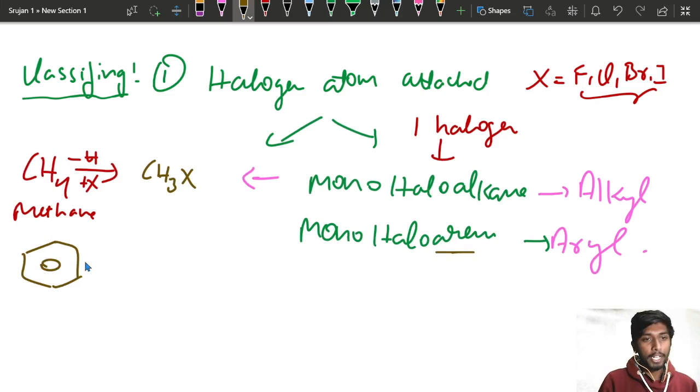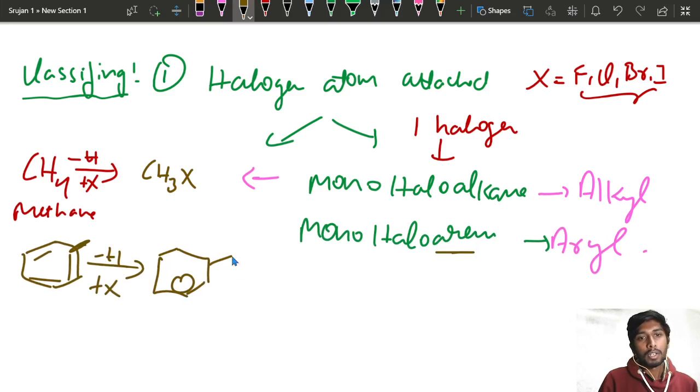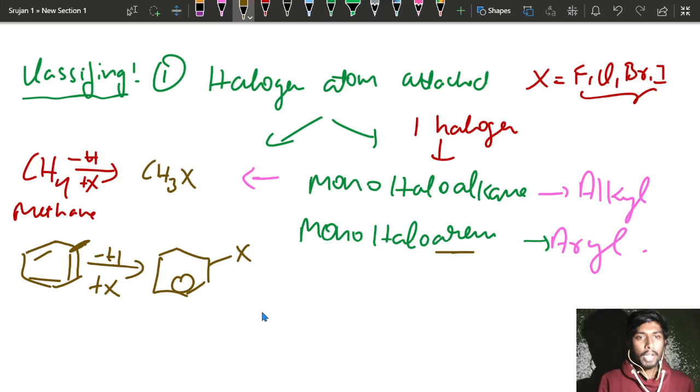Just take an aromatic group. I'll take a benzene here. If you write the ring inside, nothing is the issue. Just replace any one hydrogen atom of this, add a halogen, and it gives you an aryl halide. So the next thing we do with this is